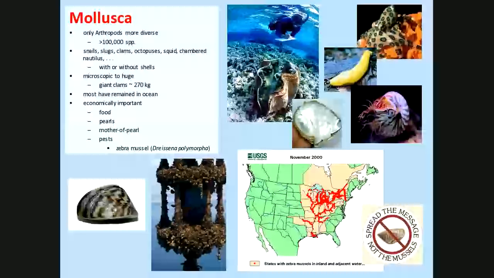Most mollusks, most members of these groups have remained in the ocean. Oh, the squid, too. I forgot the squid. One of my favorite groups of organisms out there, the squid. But most of them remain in the ocean, and they also become very important to us as food. Obviously, oysters and squid and all those kind of things that we eat. My mother loves snails. I couldn't stand them. But obviously for pearls, we'll talk a little bit about how the pearls are formed. But mother of pearl, the inside of the shell here, this is the mother of pearl. That's good. They use that in costume jewelry and stuff like that.